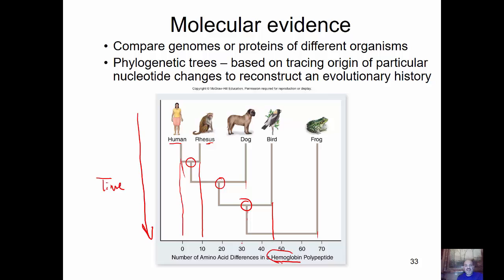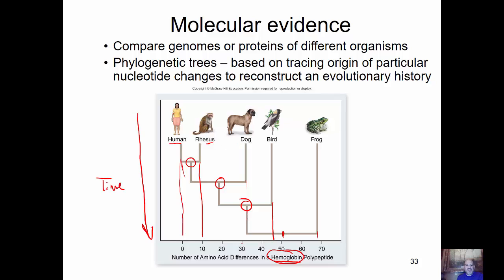Even though this hemoglobin has that same function, these differences have accumulated over time. So going back far enough here to this ancestor, all of the organisms that came from there were using this hemoglobin, but little differences accumulating over time have caused these changes. So even this molecular evidence seems to support the idea of this change occurring over time.